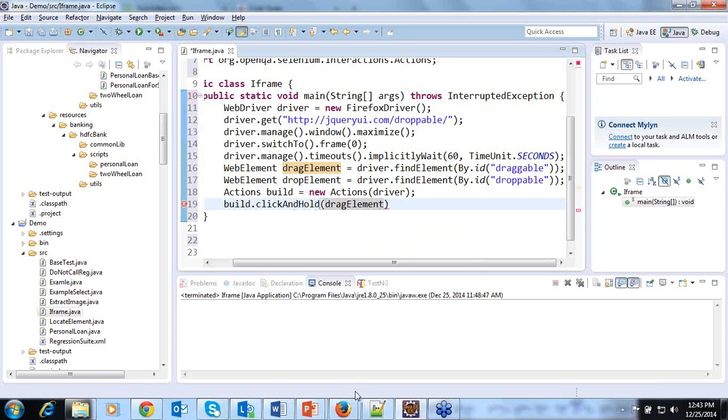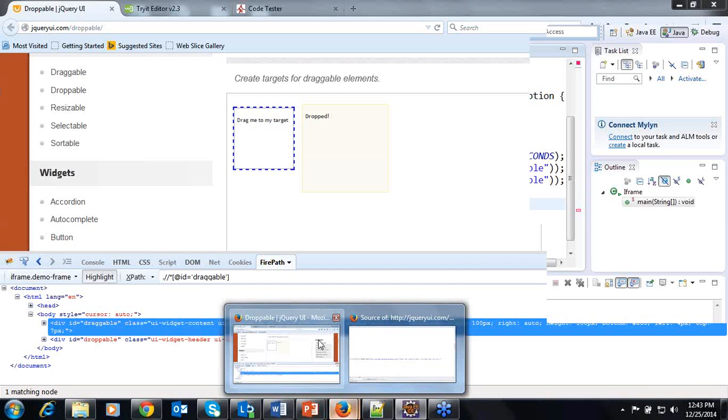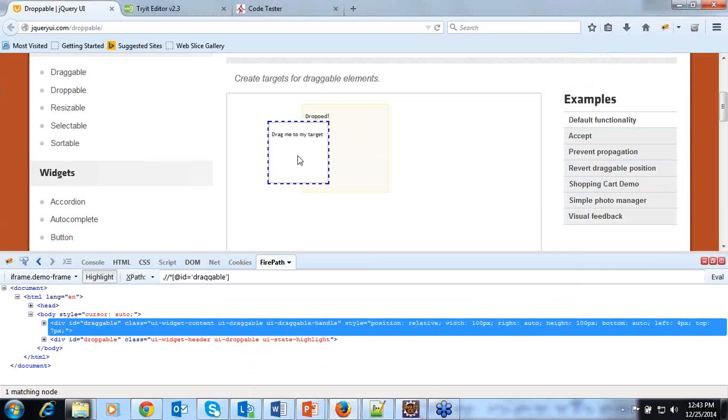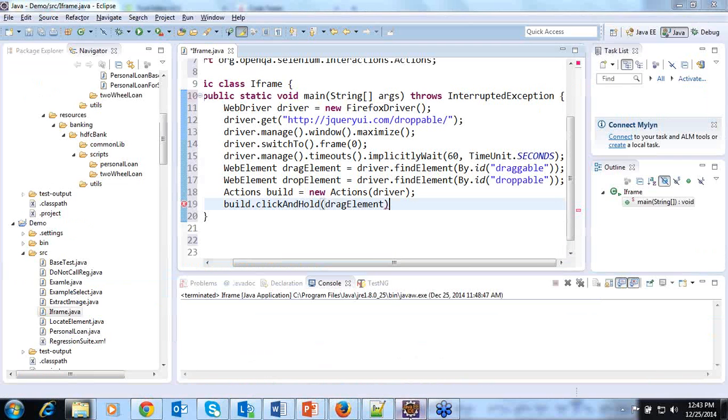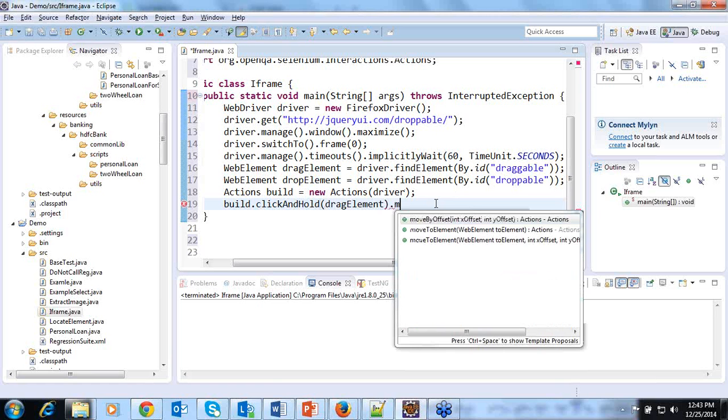Then what is the next thing I have to do? I have to move this to some other place. To do this, we have some other methods in a class called Actions. The method name is moveToElement. Is there a moveToElement method? Yes, here is the moveToElement.